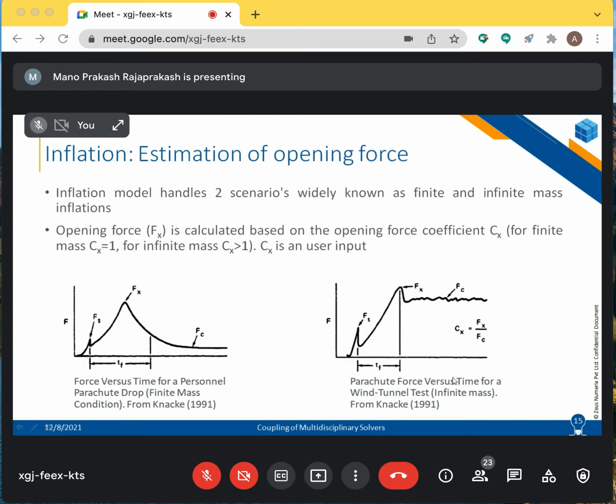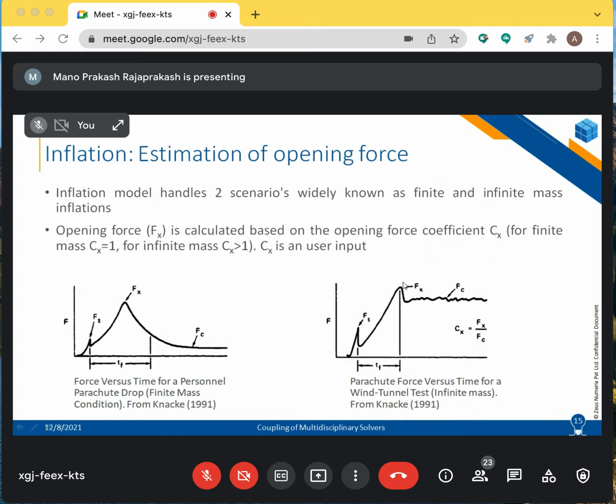If my parachute size is not good enough to cause enough deceleration on the payload, then it is called an infinite mass condition. You can see here that there is a very brief peak load. This Fx is called the peak load, and this FC is called the steady state load of the parachute. But in this infinite mass case, you can see that there is actually a significant rise